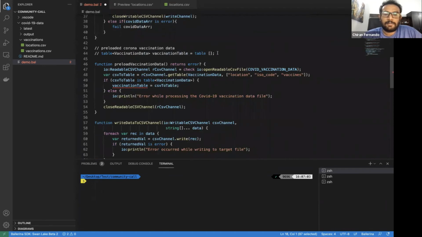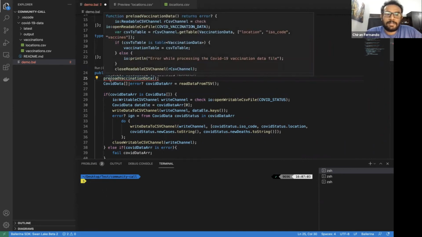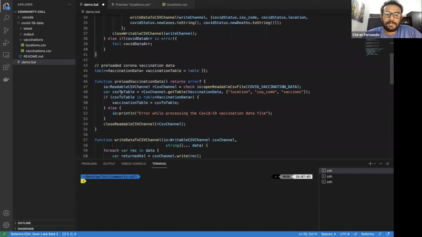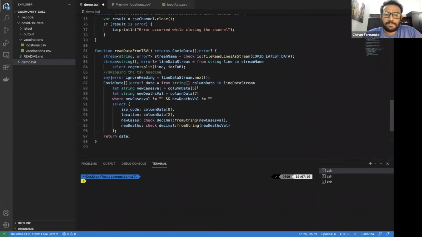Okay, I have already created the module level variable to hold that in-memory table so that we can access it in our query. Okay, let me preload this data, calling that method in the main method. It's returning a nil error. Let me return it back to the signature if it is an error. Okay, now let's go back to the query, and in the query